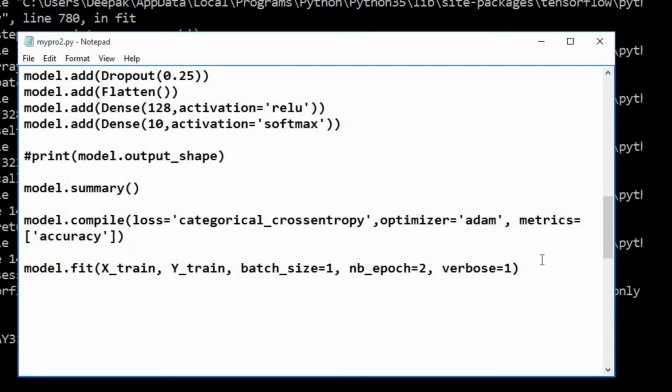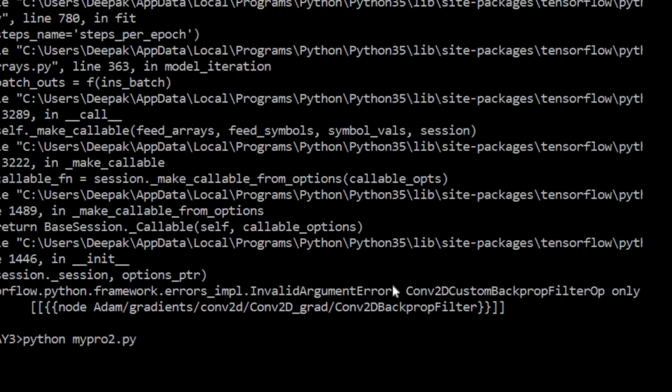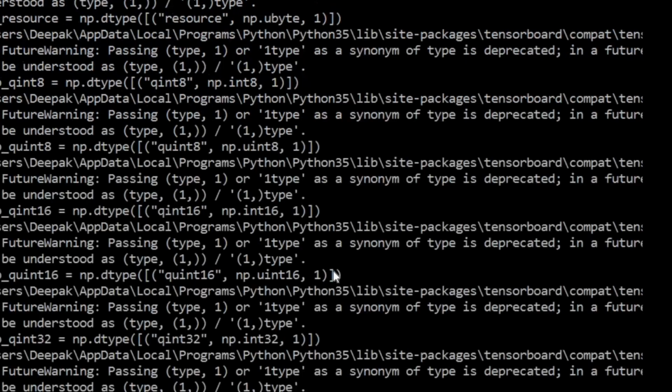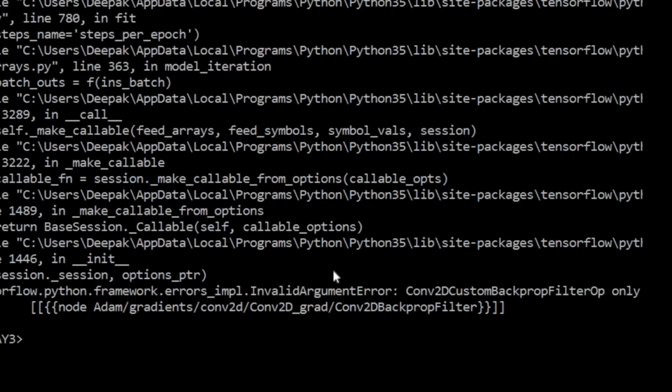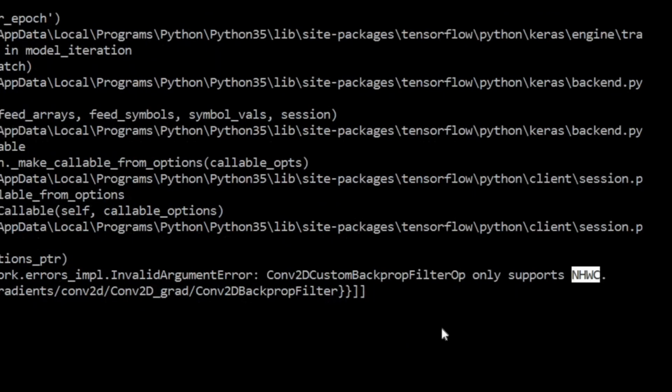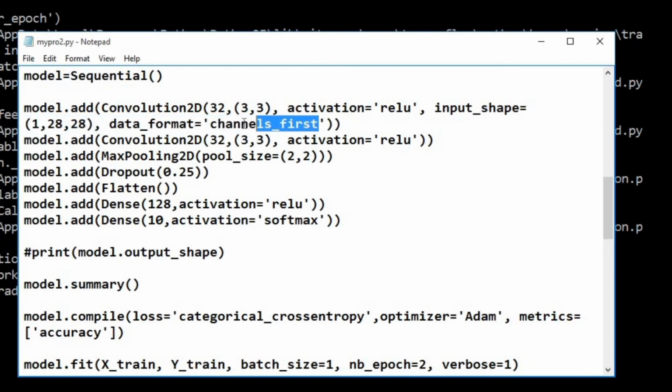Well, here we get one error. Let's see what type of error it is, whether it is the capital A of Adam optimizer. Okay, so we change the capital A, no. Yes, here we get, okay, that was not the case. NHWC. So NHWC is the shape of the data supported by the convolutional 2D backpropagation model, as the error indicates.